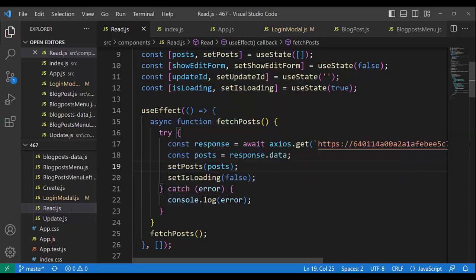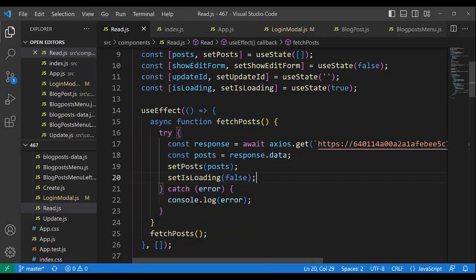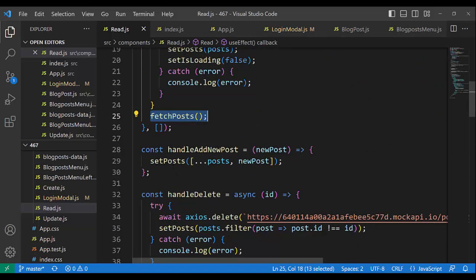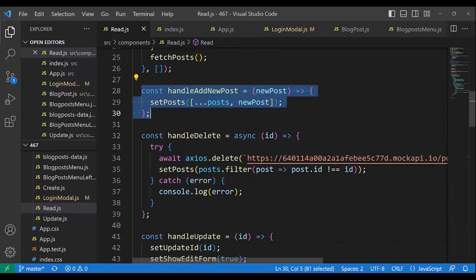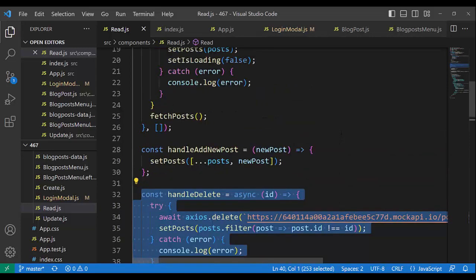In useEffect, we call fetch post, call that function. Here is the declaration of that function, and here is the calling of that function, and it's okay. I will speak about every one of these, but all these functions inside read are callback functions. But look at now,